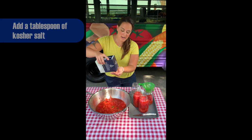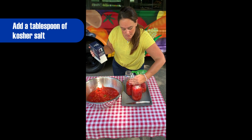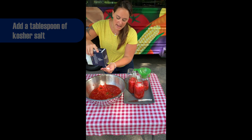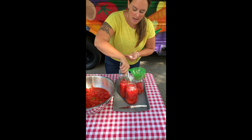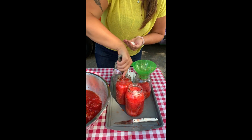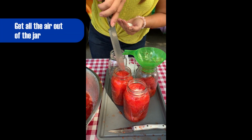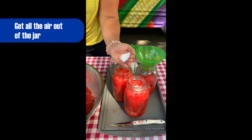Alright, so we want to add about a tablespoon of kosher salt to each filled jar. And one thing I'll show you really quick is I take a big knife and I make sure that all the air is out of the jar, okay? So once I know that's good, we add that salt in,